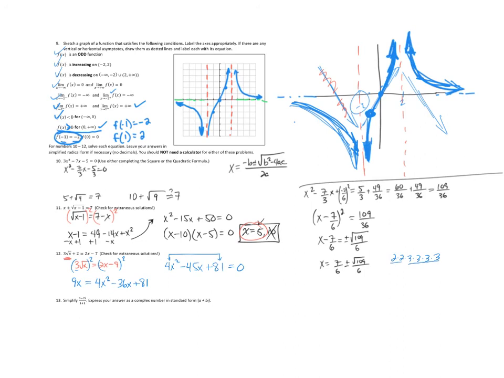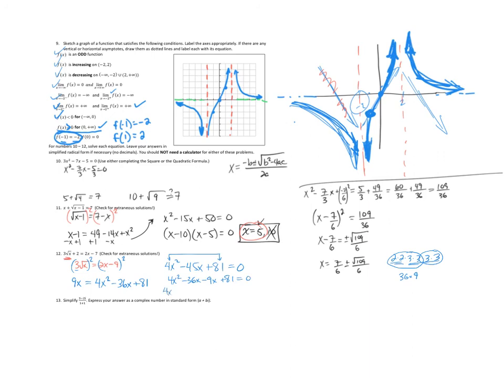So I think if we group this up and maybe do something like 36, which would be 9 times 4, and 9. 36 times 9 would equal the same as 4 times 81, and the sum of those is going to be 45. So we can say this is 4x squared minus 36x minus 9x plus 81, and then factor by grouping,